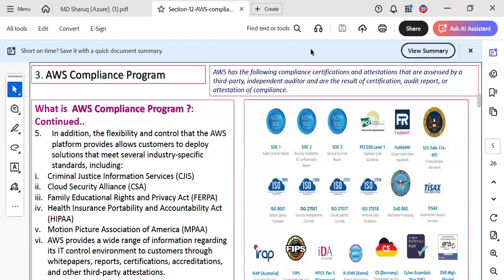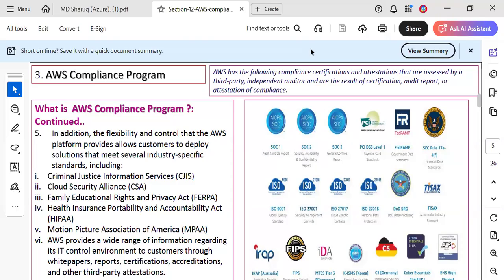I spoke to you last week about HIPAA policies. If you are working for healthcare, like United Healthcare, some organizations follow HIPAA policies, and hospitals also follow them. Network hospitals also follow HIPAA policies. You take a corporate network of hospitals, like your Mangalore hospitals. Mangalore hospitals have got different networks, right? All branches are connected through HIPAA policies. Then Motion Picture Association of America.